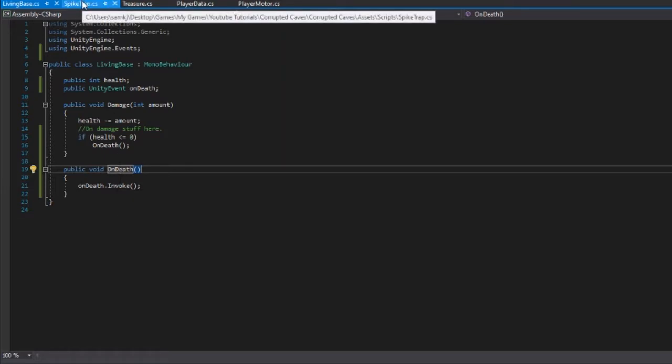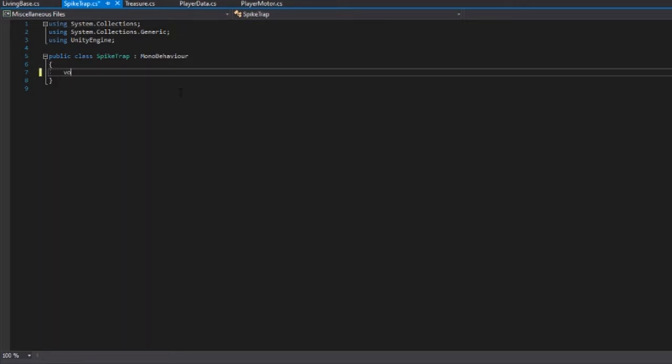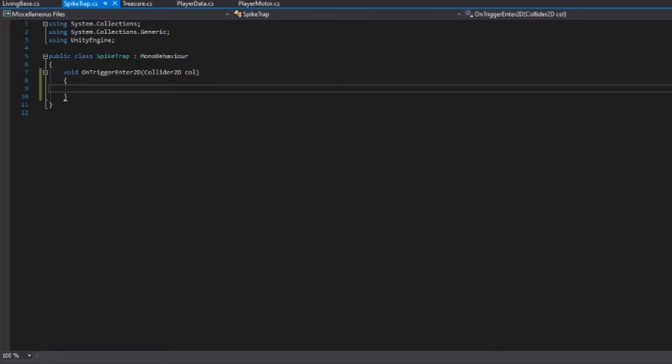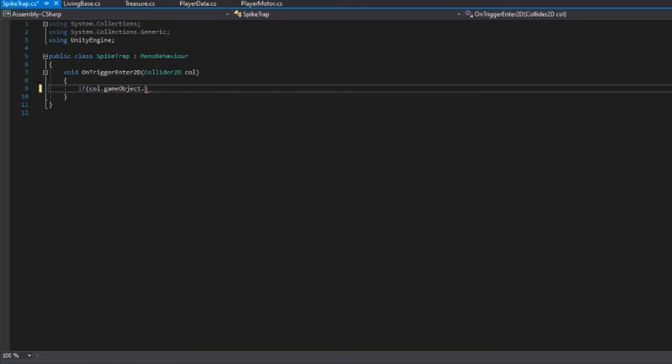So I'm going to move into the spike trap. So the spike trap is pretty simple. It has a trigger attached to it. So OnTriggerEnter2D with a Collider2D. And Unity is having problems. I'm going to go fix this. I'll be right back. Okay, now that it's working, we can do our math here or whatever. So if the collider.gameObject.GetComponent LivingBase,